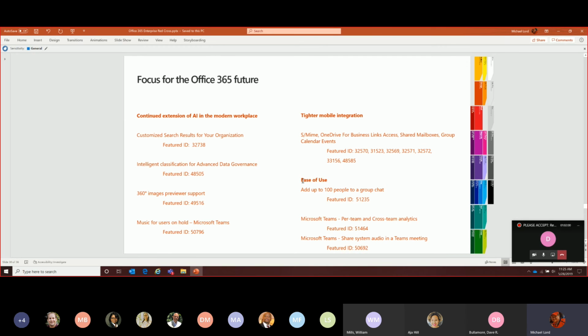The final category of types of changes we'll see are ease of use. These are things where individuals, groups, enterprises have determined there are certain features that we need to roll out that help make using the product better. An example would be the adding of up to 100 people to group chat.